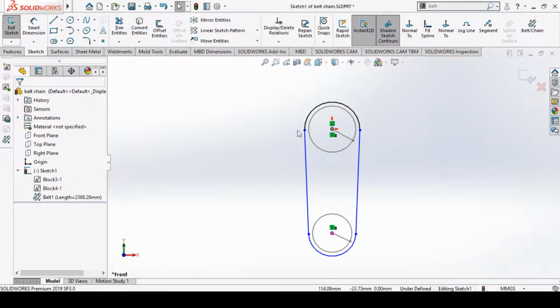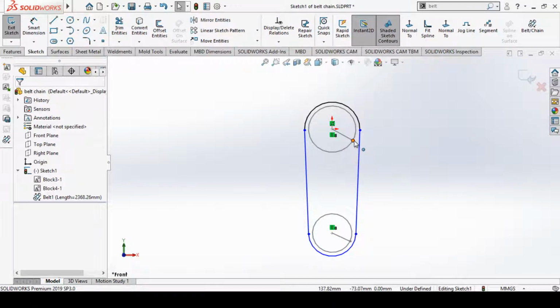Now you can see that I have created this belt and belt motion. I have created these two pulleys, that is pulley 1 and pulley 2. One of them will be a driving pulley and one of them will be a driven pulley, and you can see this is the belt which is created by using this belt/chain option. Now I have created this line and I have created another line on this other pulley.